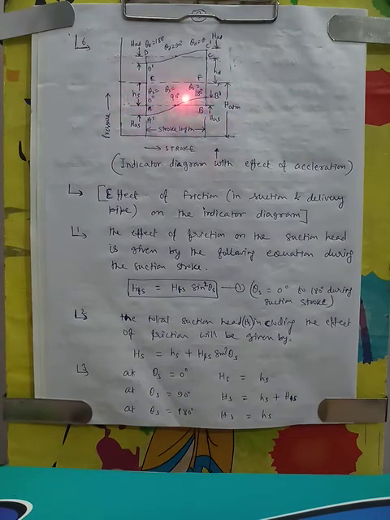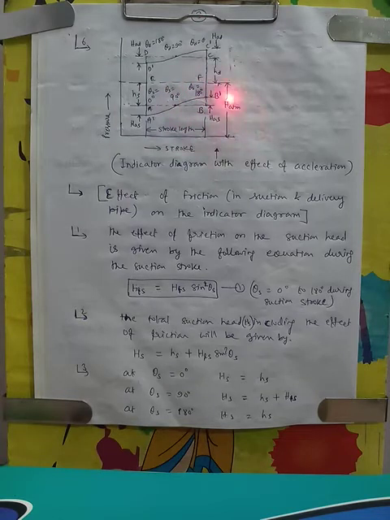Thus this graph will be a cosine graph by taking a reference line AB. About the reference line AB means HS, this is the suction head. There will be a cosine graph. So the graph will be like this. 3 points we have gotten: 0 degree this much, 90 degree this much, and 180 degree this much. So this graph will be like this.